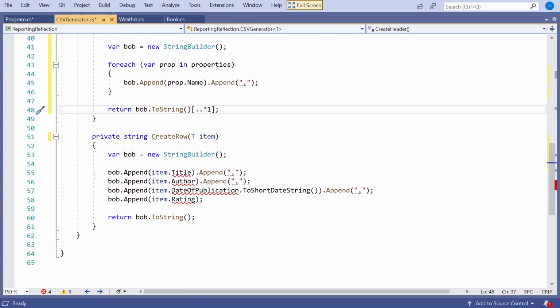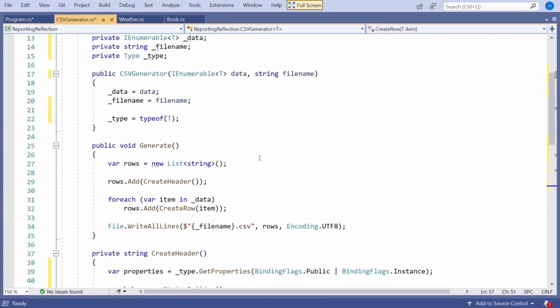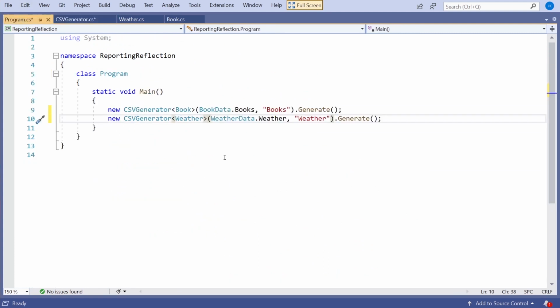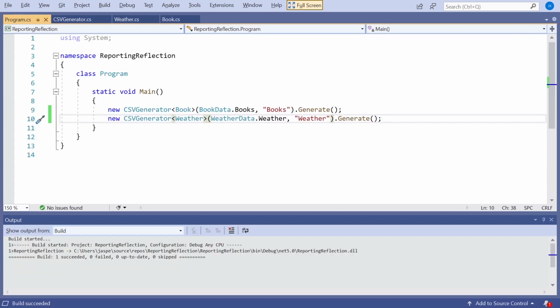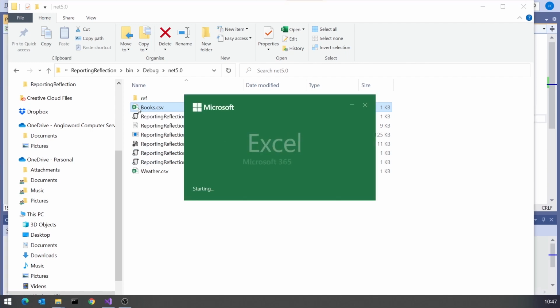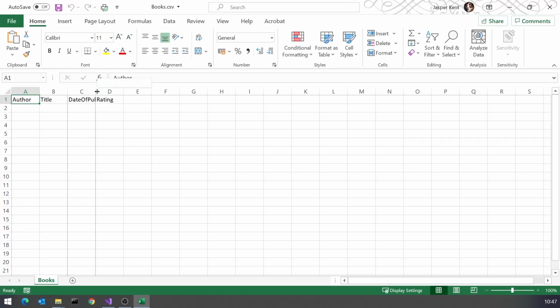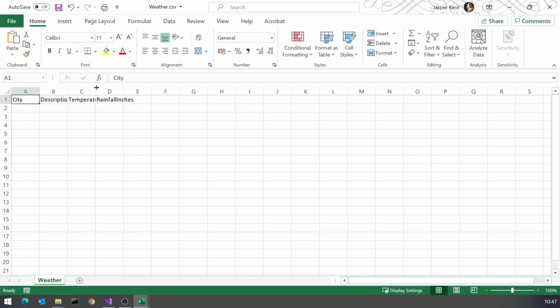And in fact, let's check that out. Let's just comment out the code there for now. So if we run this, we should now get 2 CSV files, but they'll only contain the headers. But it's always good to have a little check along the way. So that's run up without any errors. Let's go back to the folder, and you can see we've now got both books.csv and weather.csv. And if we open that one up, then you can see it's got the header information in there. And if we open the other one up, then you can see it's got the weather heading. So that's all worked so far.